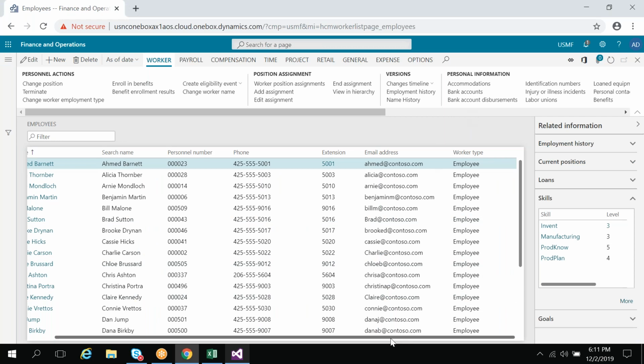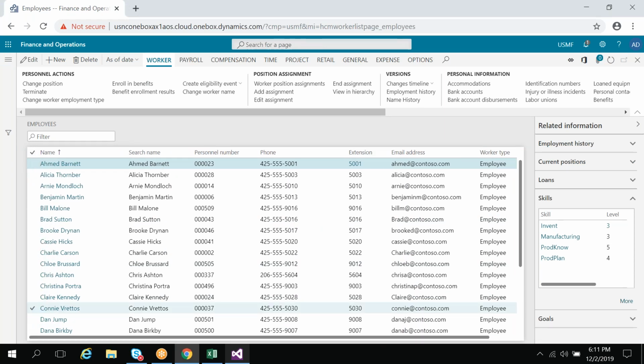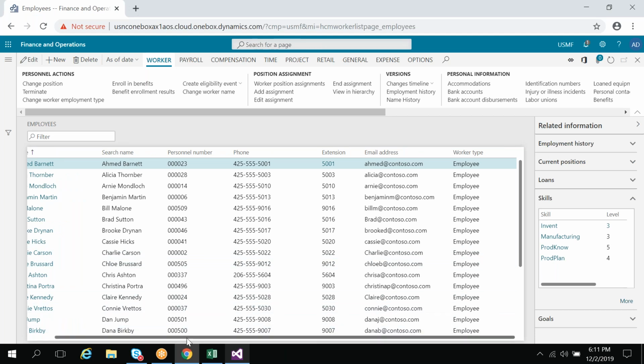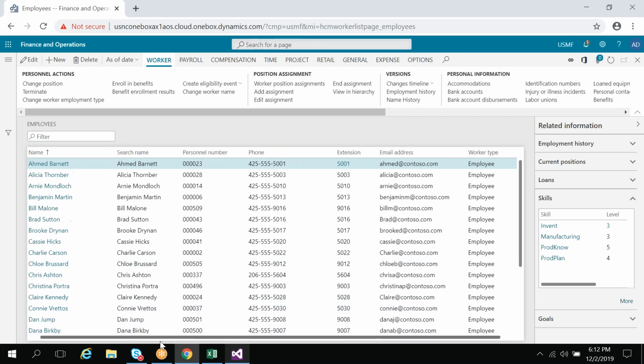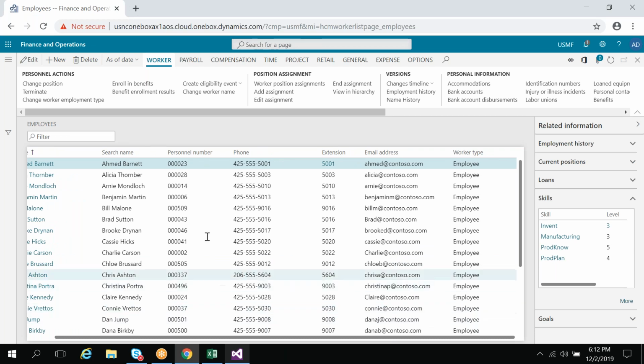So you are asking me, the form is the same form we are using for all the companies. That is okay, you understood. But your doubt is, I just want to make some customization related to a company. Right now I'm in the USMF company. I want to add one more column called gender. There is no gender column here. I just want to add the gender column for USMF company, but that column should not be visible in another company. Let us assume that is not possible,